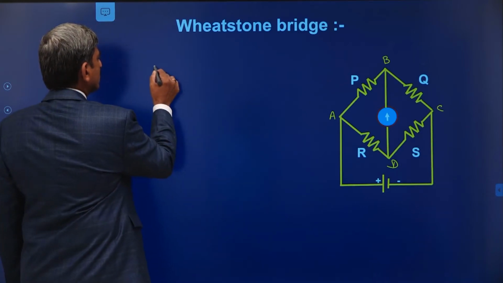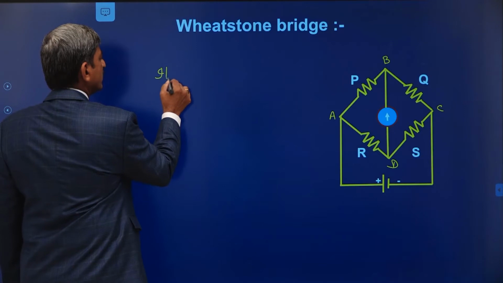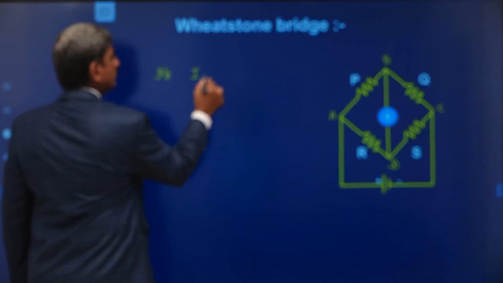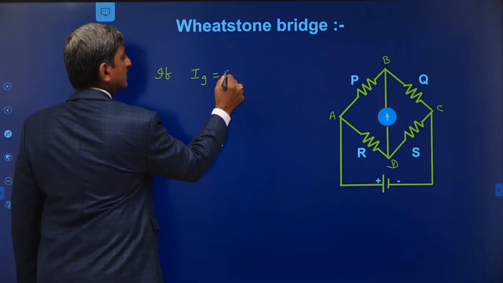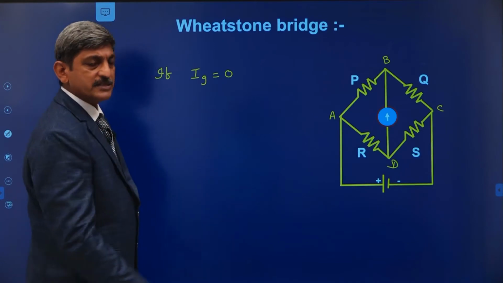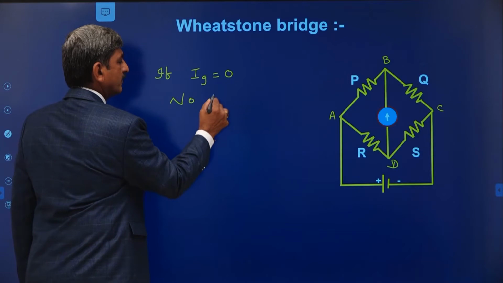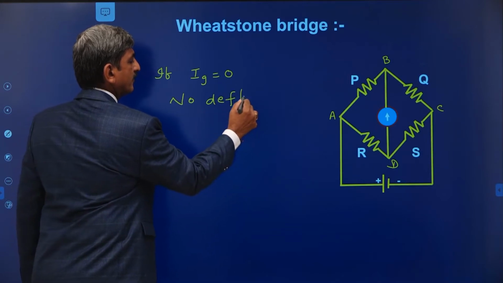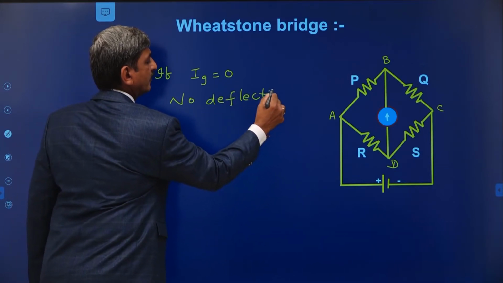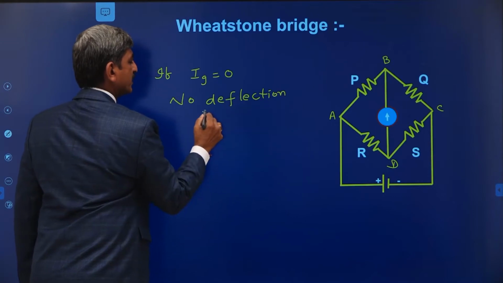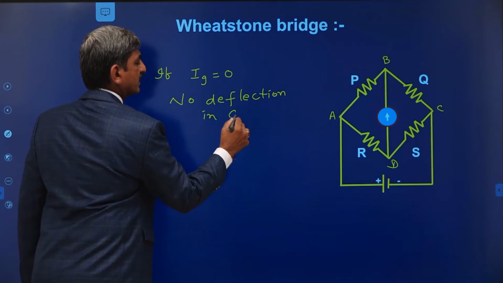Suppose the current passing through the galvanometer is equal to 0, that means there is no deflection in the galvanometer,